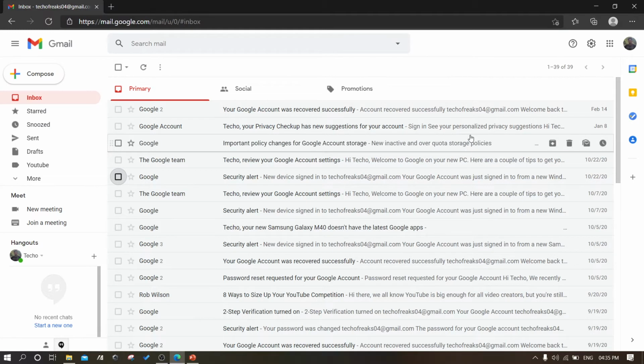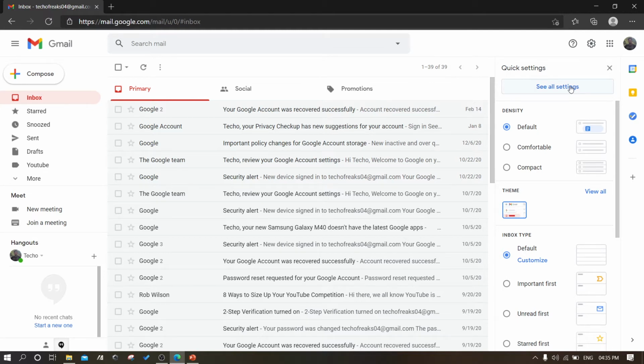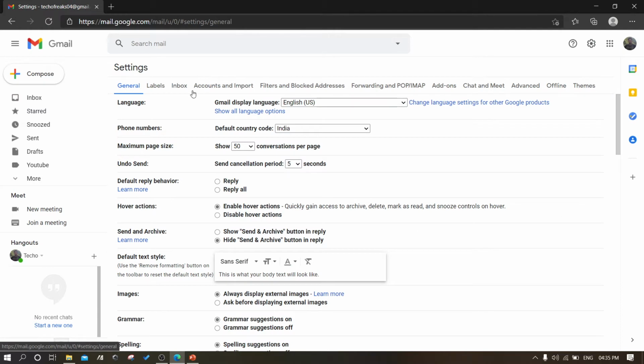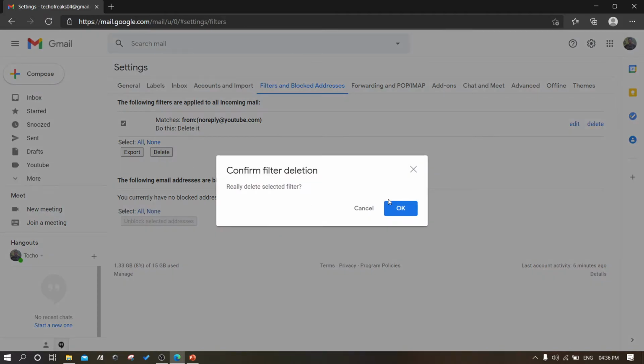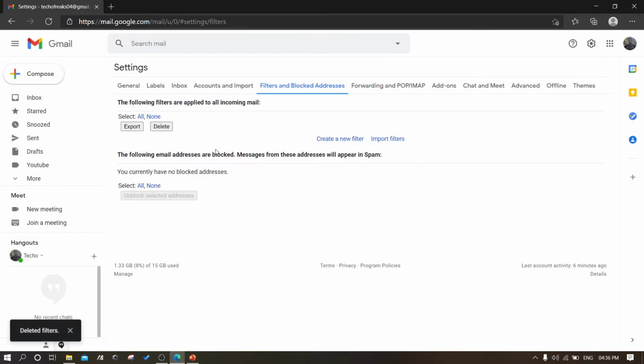So firstly, open your Gmail account, and you can see the settings symbol here. Click on it, and you can see all the settings here, right? Click on it, and we have different settings here, and among them we are targeting Filters and Blocked Addresses. Click on it, and I have already created one filter here, so I just want to delete it. Let's say I'm deleting it, and if you open your Gmail without any filters, you can see this. So now we try to create a new filter here.